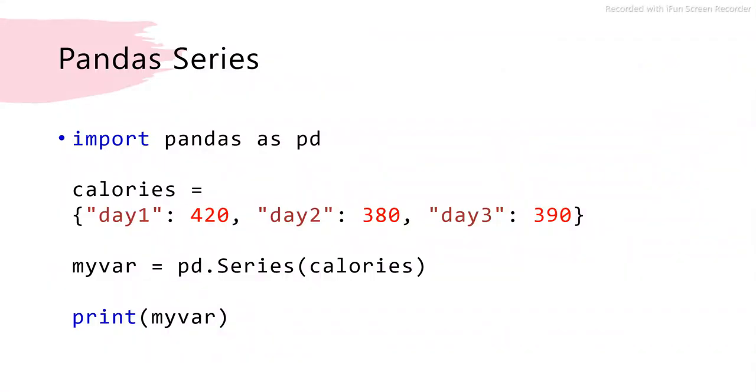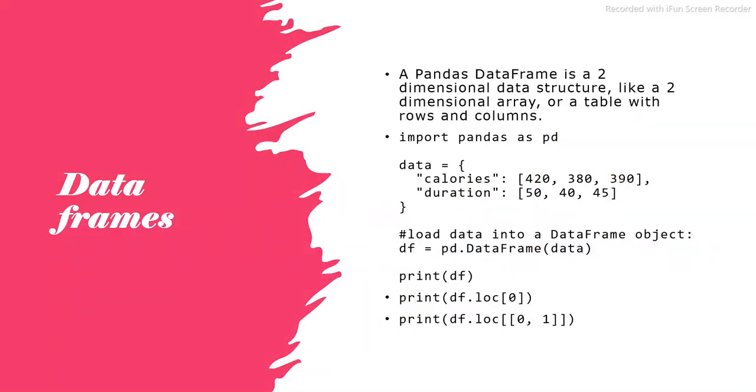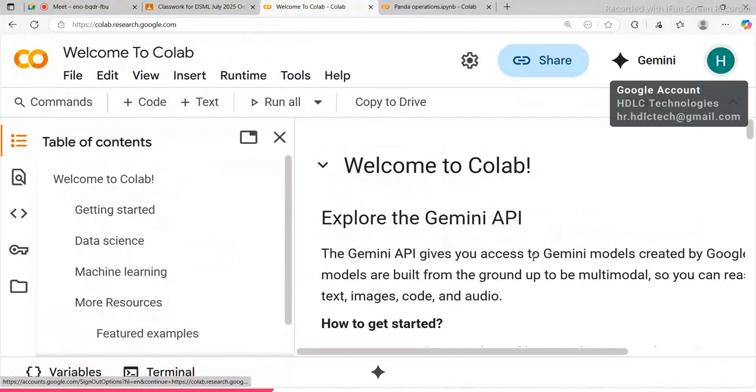The next one we have, okay, data frames. Data frames you have seen already in the introduction session itself. There is a dictionary available here. You can see data equal to color is this list, and then this is duration. So with this data I am trying to create a data frame. So a data frame is a table of data where you will have rows and columns. Okay, so your output will be